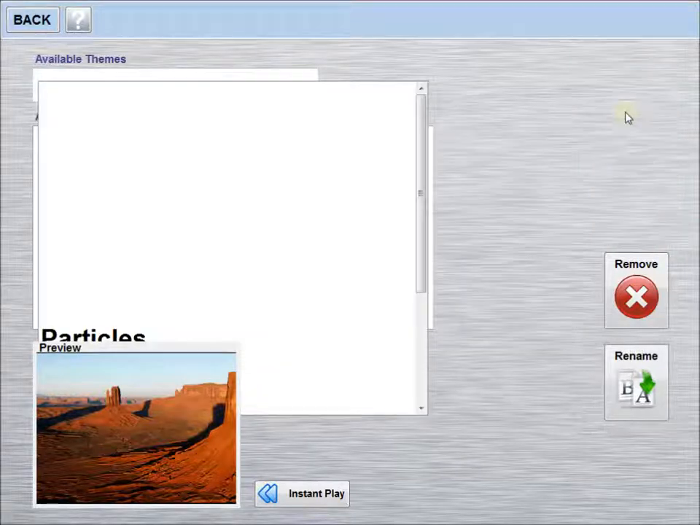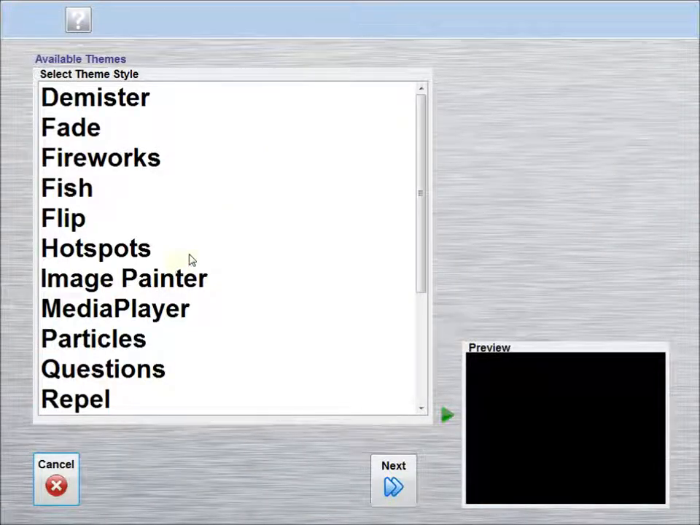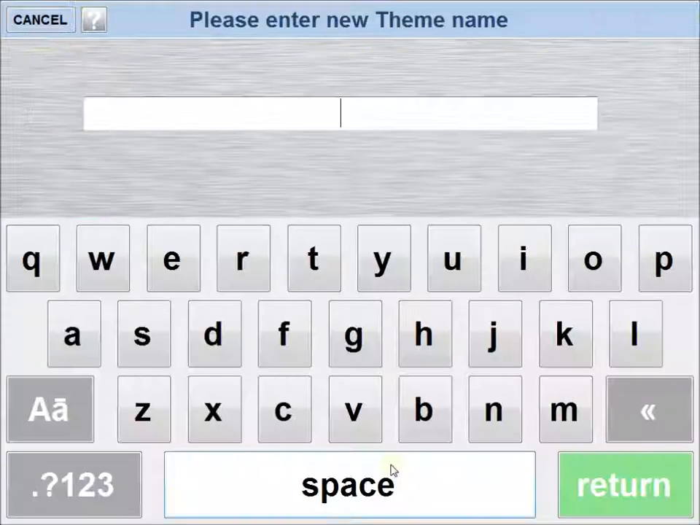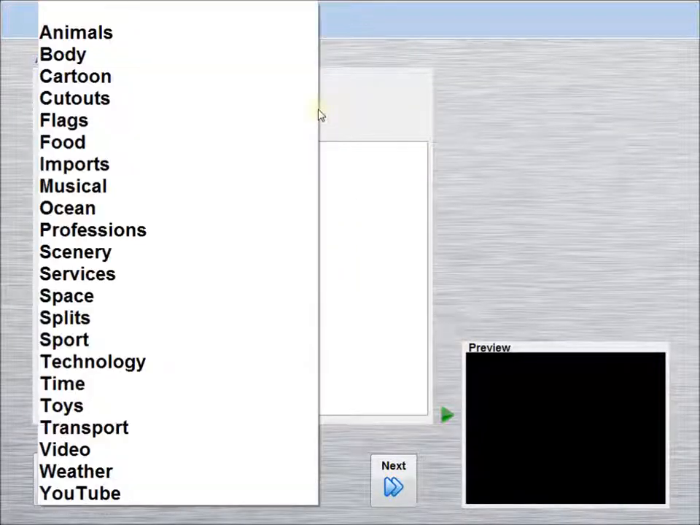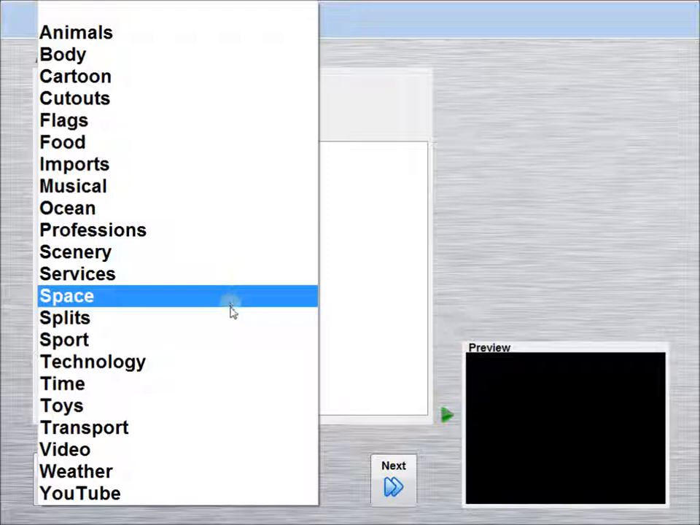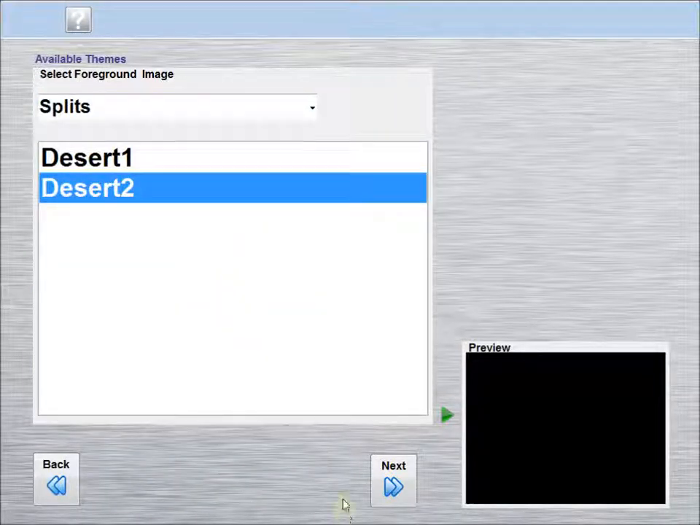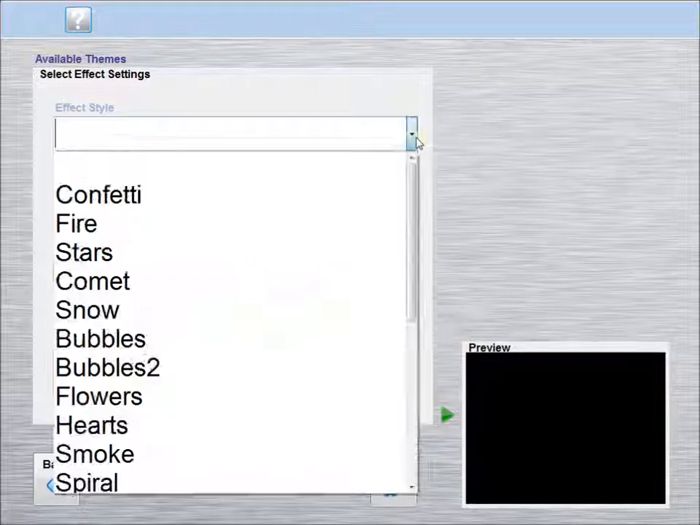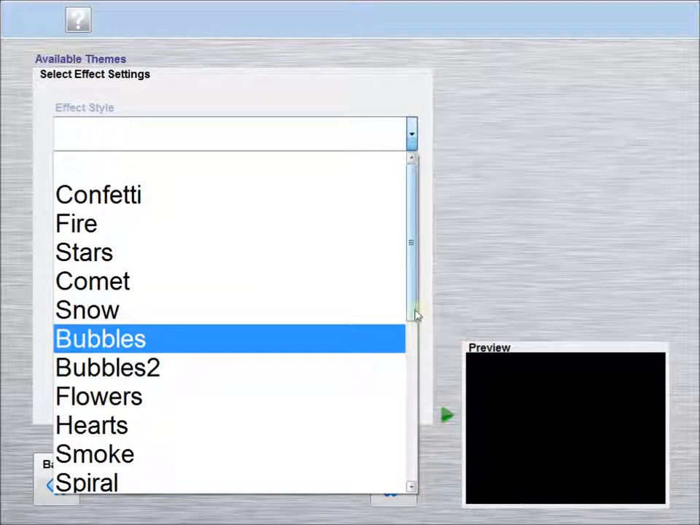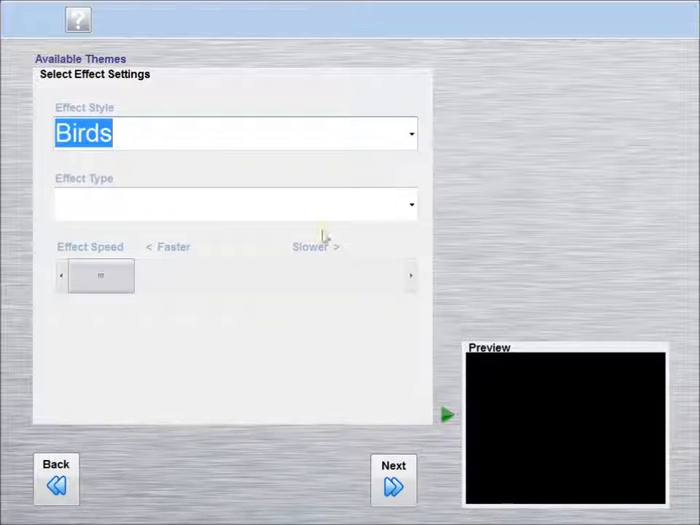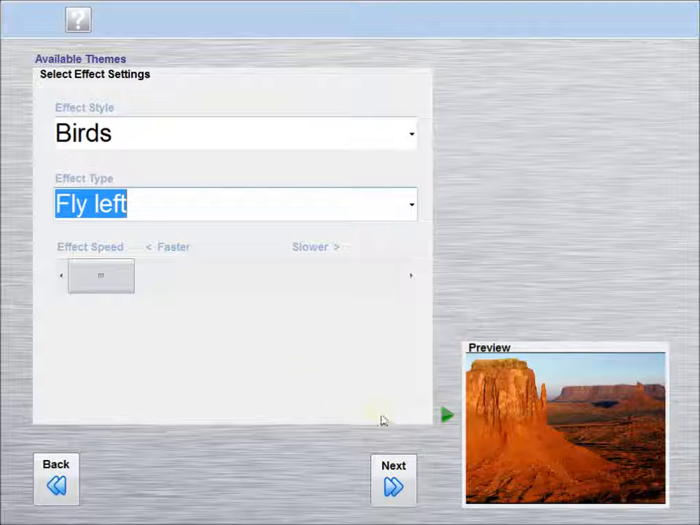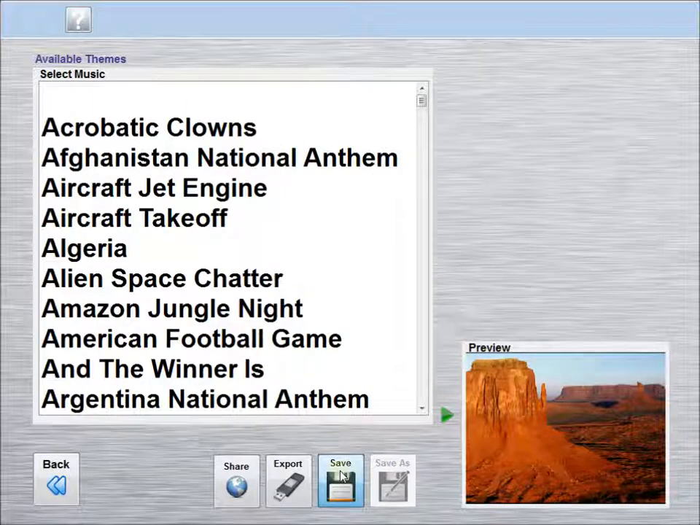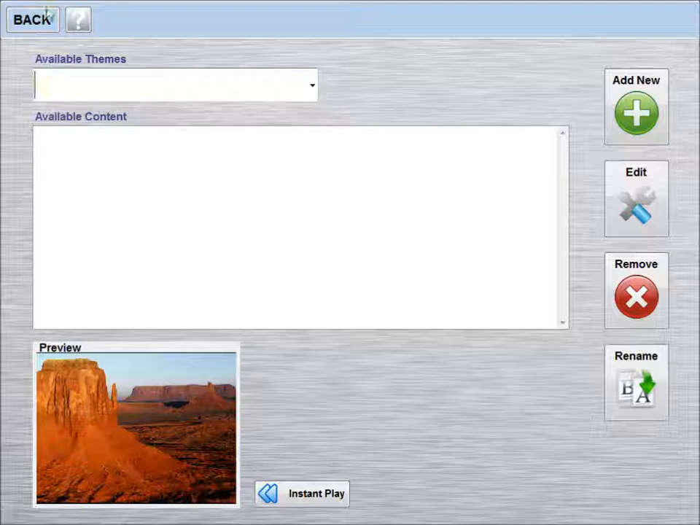Now that we've created the first theme for the blend, we'll repeat the process and create the second theme. This theme is going to have the same settings as the previous one, so again a particles theme, and choose the second image that we've split. We have to make the effect type match the first theme that we've made, so again this will be birds and they'll be told to fly to the left. Save the theme,